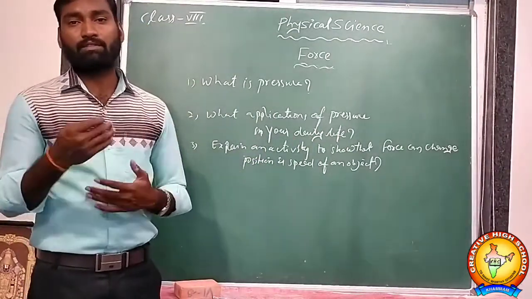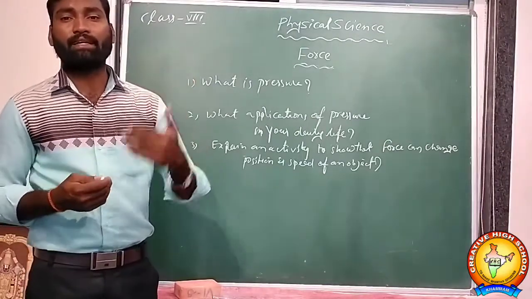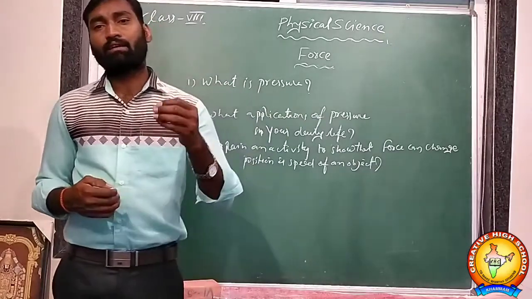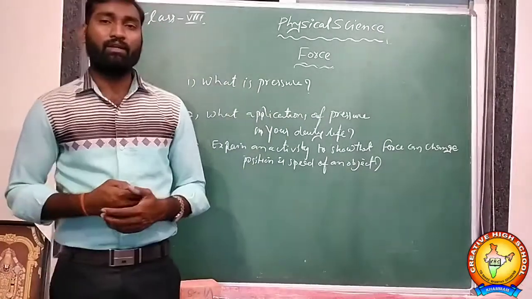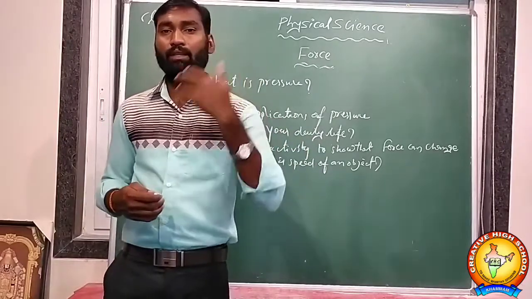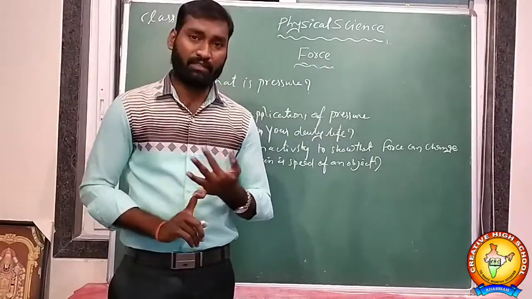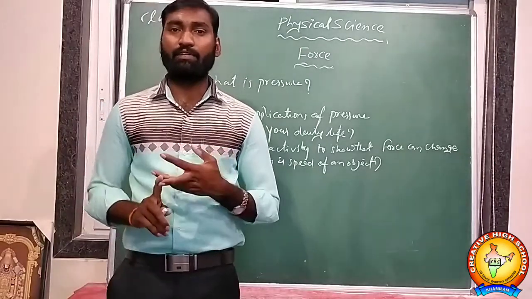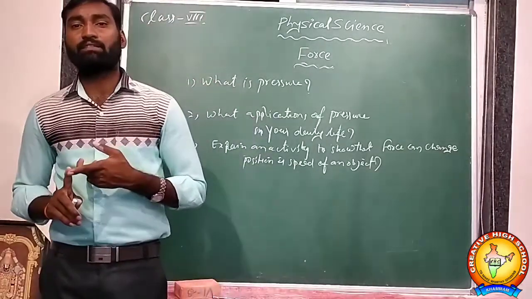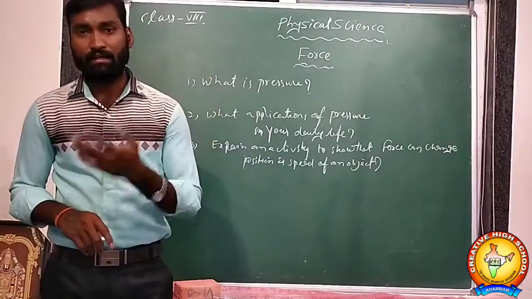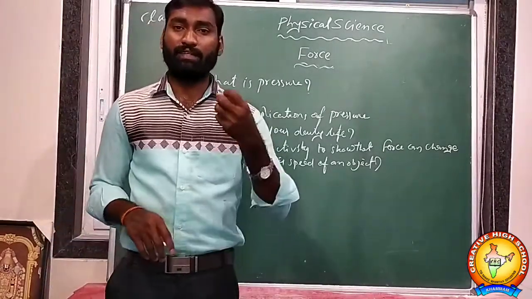So these types of forces. How many forces are acting on a single body? These resultant forces are called net forces. Examples to explain net force, and also the effects of forces: how the force affects the change of state of a body, how the force increases the speed of an object, and how the force affects the change in direction and change in shape. All these things happen by applying force on a body.